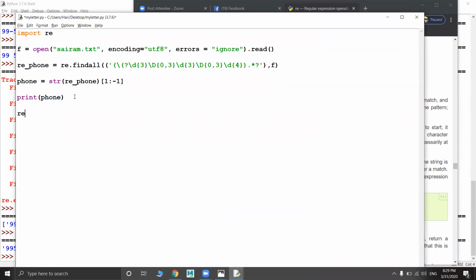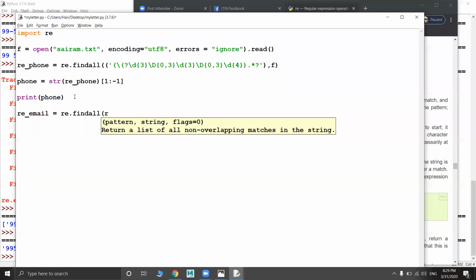Now I am going to write one more pattern. So here I am going to use \w, and then I am going to use plus.